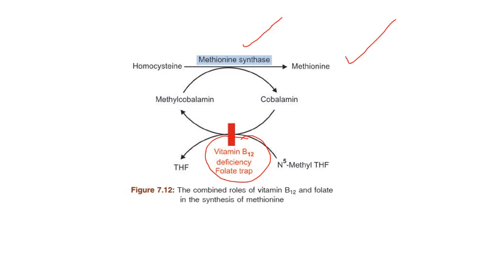From methylcobalamin the methyl group will be donated to homocysteine, leading to the production of methionine, and itself will be converted into cobalamin. For the resynthesis of methylcobalamin, it requires N5-methyl tetrahydrofolate, and that also leads to the resynthesis of tetrahydrofolate in